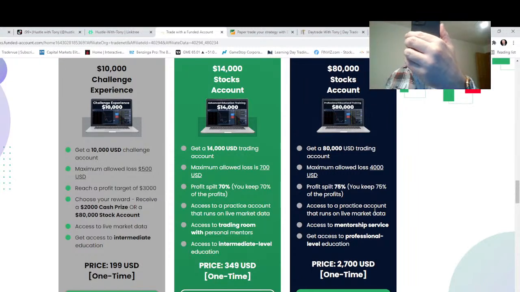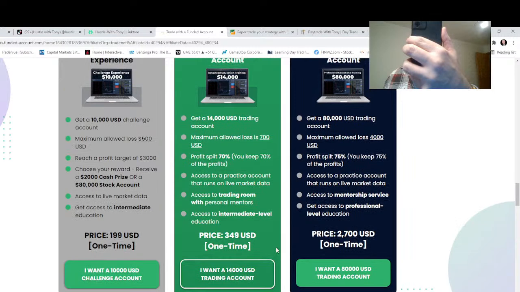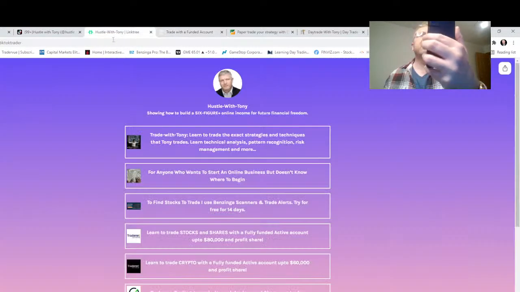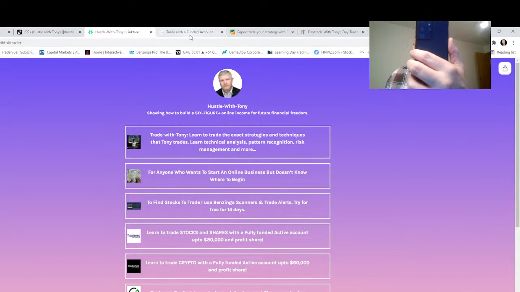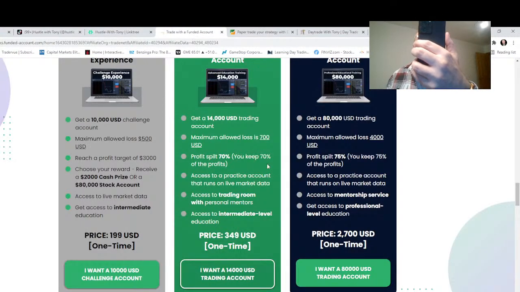Okay, so here we go. This, as you can see, is a 14,000 account. If you go into my link tree, you click on the white trade net. Learn to trade stocks and shares with a fully funded active account, up to 80,000 share profit. Up to, because you're talking about the 14,000. You get a $14,000 account, put 350 bucks in there. So what's that, about 290 pounds or something like that,